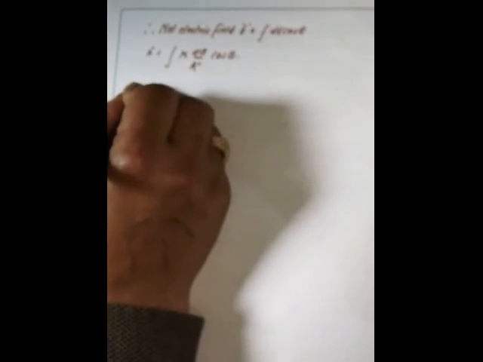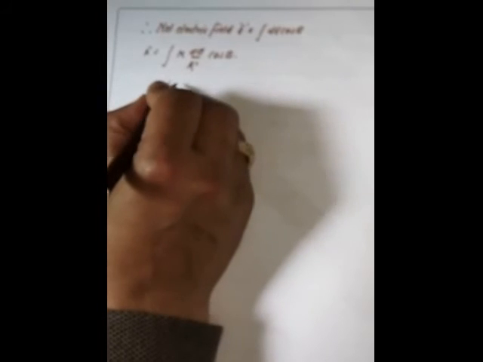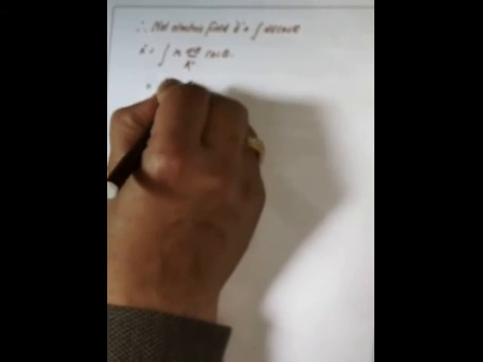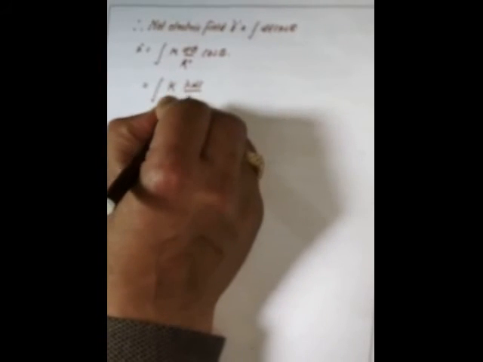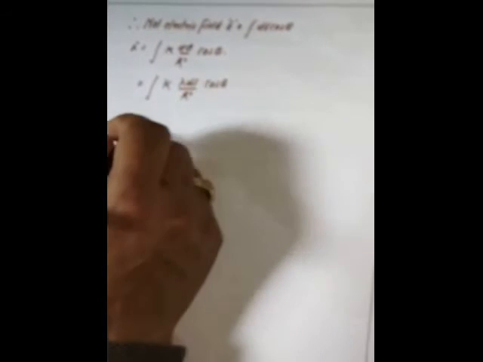Okay, or integration k, putting the value of dq, lambda dl upon r square cos theta equals,